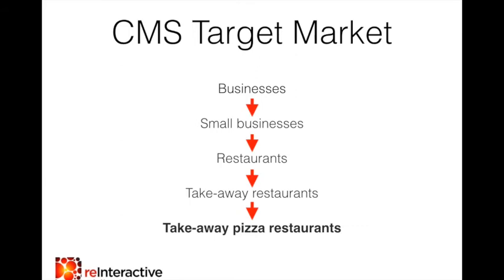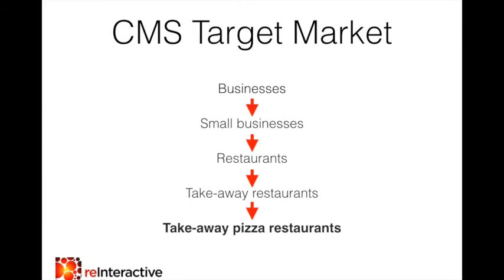So how about we could reduce that further down to restaurants? Once again, there's lots of different types of restaurants. There's sit-down restaurants, takeaway restaurants, fast food. There's lots of different sorts, and we could narrow it down to just takeaway restaurants. And to take it even to the more extreme, we could go, oh, we're going to just target pizza restaurants,